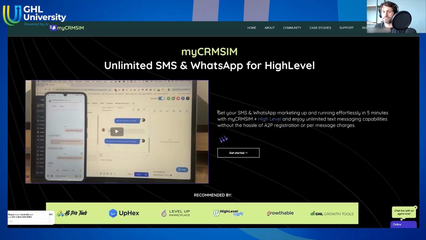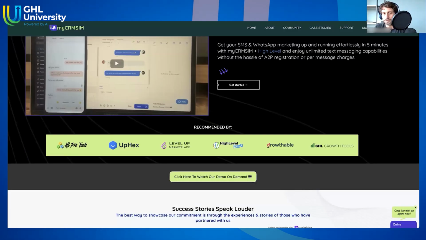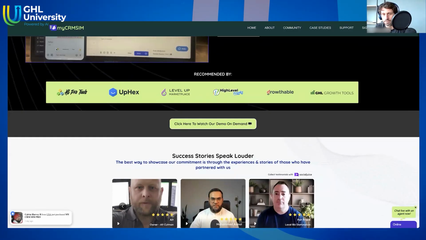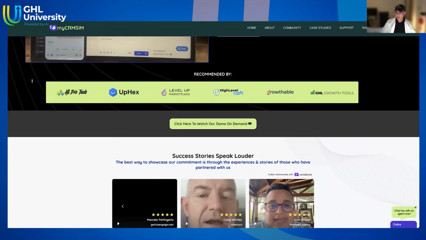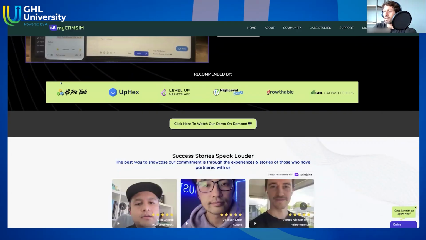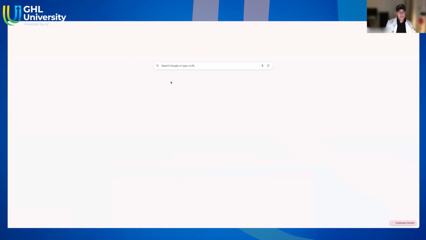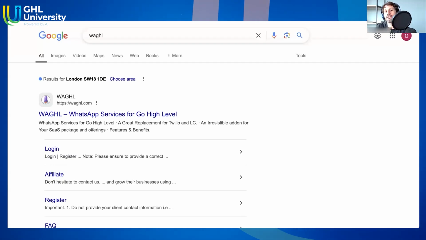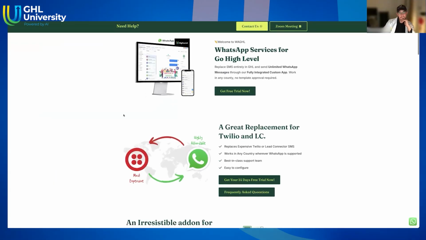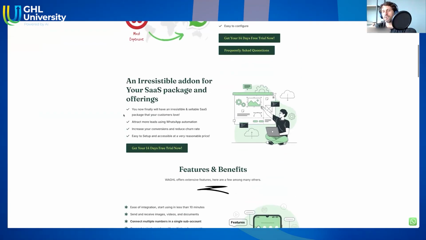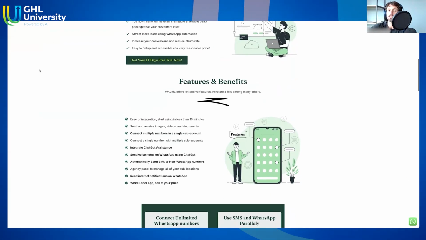And here in Brazil, it's very common to use WhatsApp. But in order for me to do that, I need either a third company that I can integrate to GoHighLevel, or to use the official API.